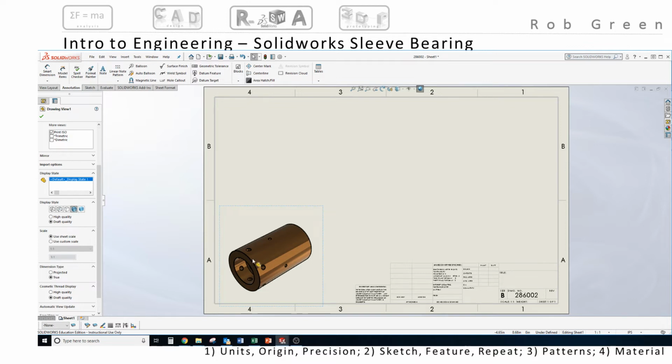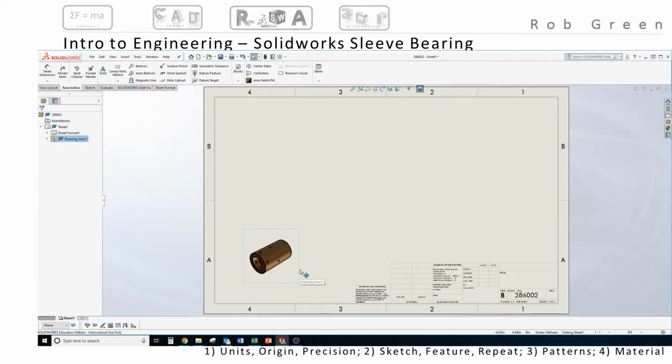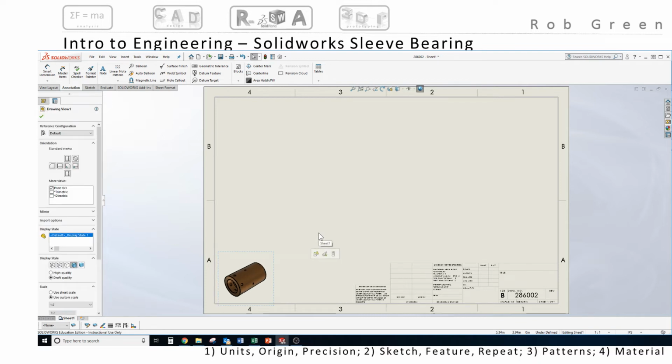And because this is just a visual representation and I don't want it crowding up my drawing, I'm going to change the scale of this view. So I'll click on Use Custom Scale, click on my alternate arrow by 1 to 1, and choose 1 to 2. I'm going to click the green check, and I'm going to drag that view way down into the corner and give you a heads up that that's kind of a standard place to locate these reference 3D views for